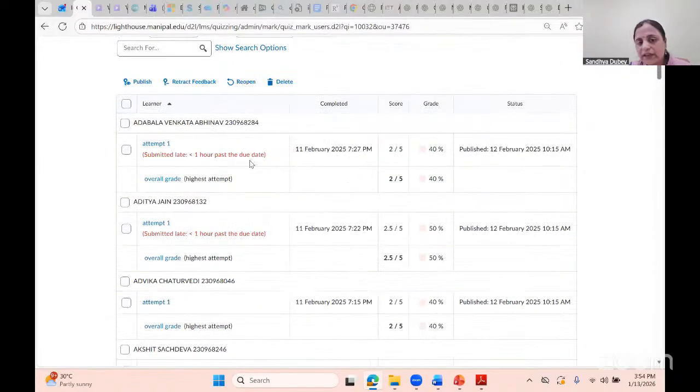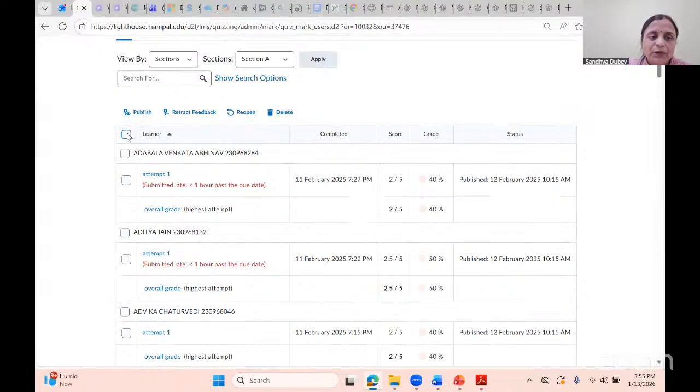Based on that, we will deduct the marks. If it is more than 1 hour, deduct 80% of the marks, and 20% marks will be assigned. Or you can decide how you are going to implement the late submission, or after what time the late submission will not be there. Again, after the due time, after the end time, there will be no option for students to attempt the quiz.